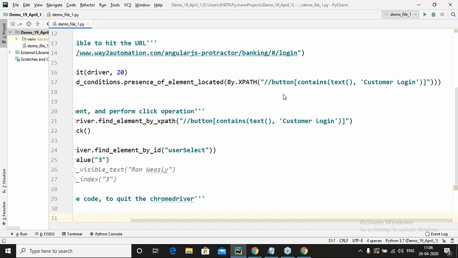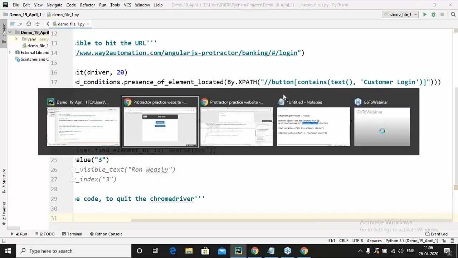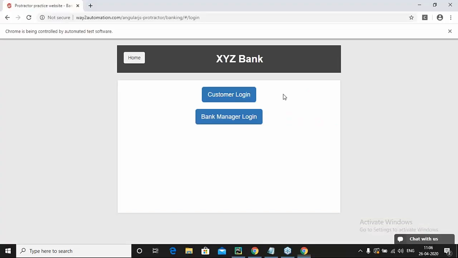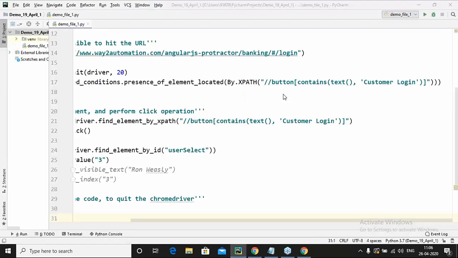So let me try to make some modification. Maybe we are doing something different here. The inverted comma should be closed before the brackets.